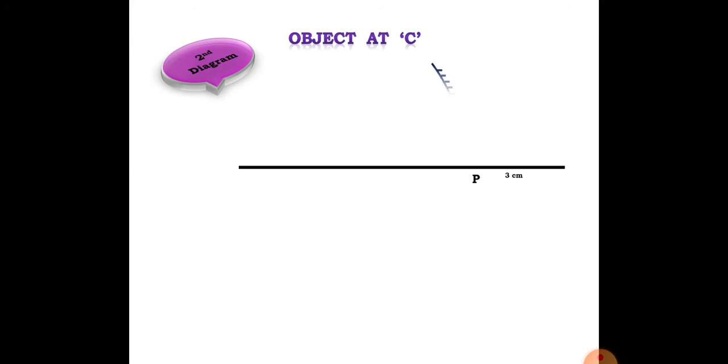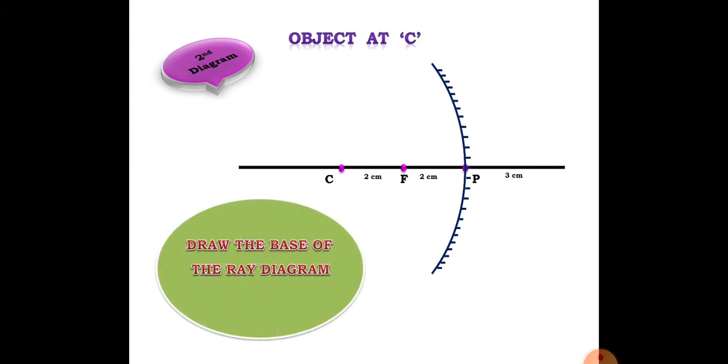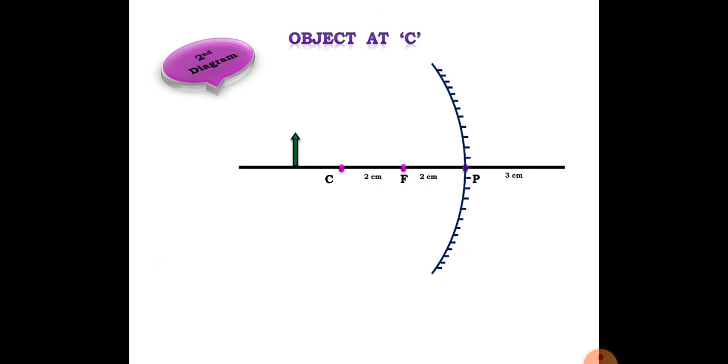Now next we will go for the next ray diagram, that is object at C. Now same thing I will draw again. देखिए ये बार बार same, everything will be same. इतना ही distance लेना है, ऐसे ही draw करना है आपको. Everything will be same. Okay. Now object should be at C. अब ये object को हम लोग shift कर देंगे and we'll keep this object on the C. देखिए सी पे रखा है ऑब्जेक्ट को एग्जैक्टली यहाँ पे।